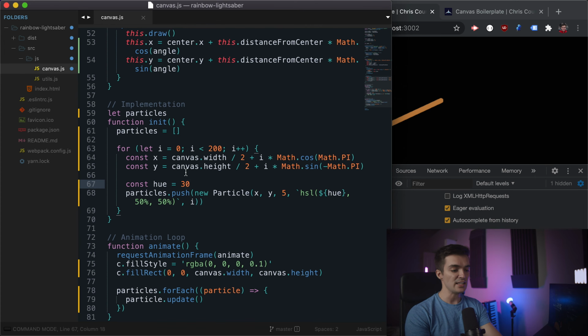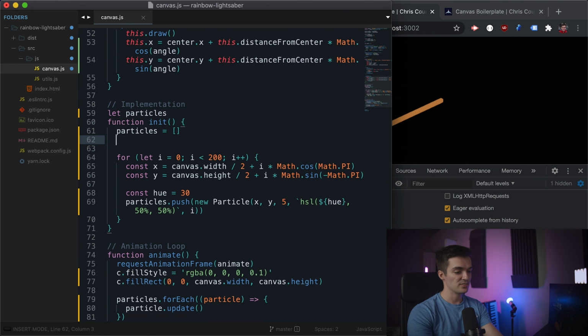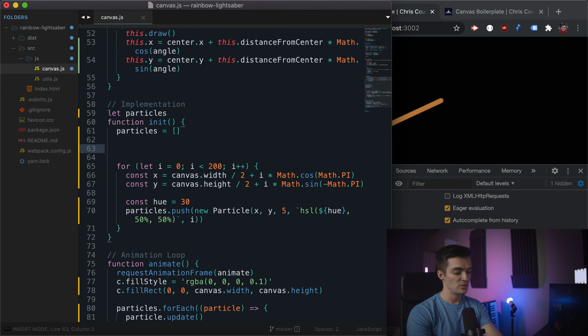So we want to get an even value that when multiplied by 200 equals 360, because we're just going to be adding this value onto itself over time. And that's going to produce that nice rainbow lightsaber that we want. So outside of our for loop, we're going to create a constant called hue increment. This is what we're going to increment hue by over time. Let me make sure I'm writing this code correctly. Hue increment is equal to